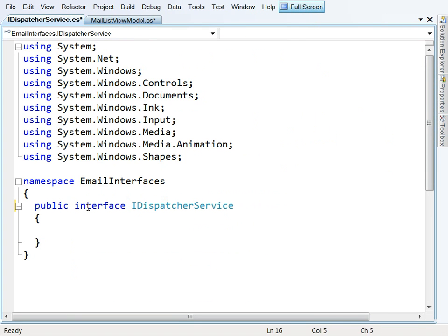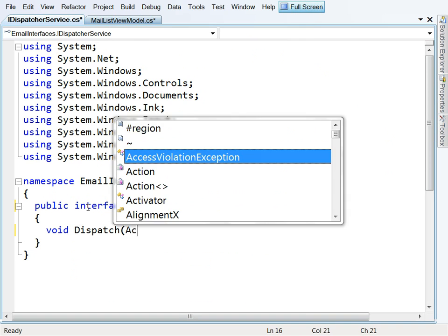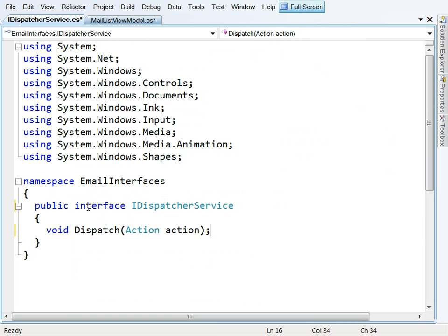iDispatcherService, and on that let's just have a void Dispatch, and it'll take an action that you want to have dispatched. So that's very easy to mock that particular interface. I mean, it's trivial to mock that particular interface, but for our purposes it allows us to abstract ourselves from where this dispatcher is coming from. So with that in place, I'll go back to my